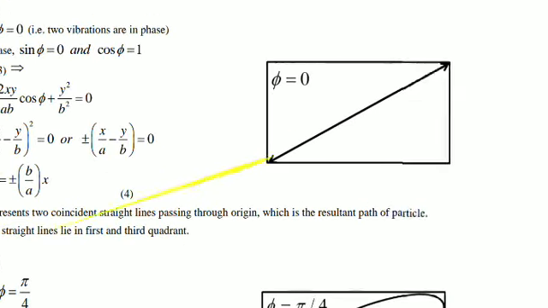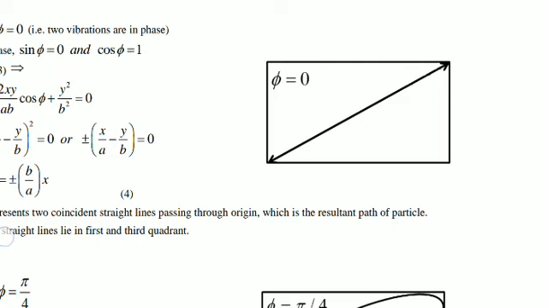What type of curve is it? You see, y is equal to mx plus c, where m is equal to b by a and c is equal to 0 in this equation. This indicates that this is the equation of a straight line. Here c is equal to 0, and c is nothing but the intercept on the y-axis. Its value is 0, therefore its intercept on the y-axis will be 0. So this is nothing but the equation of a straight line passing through the origin.